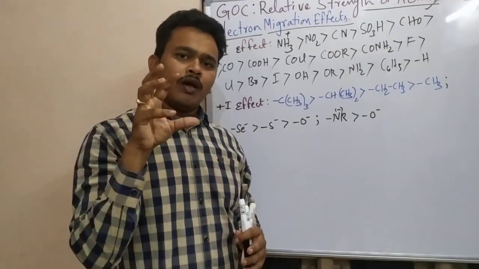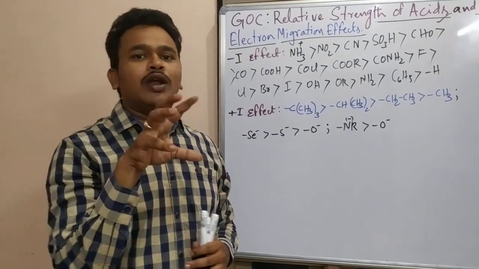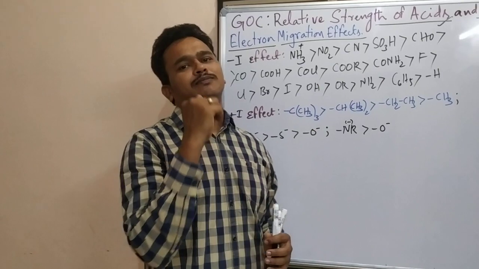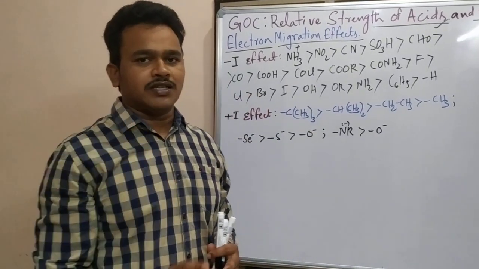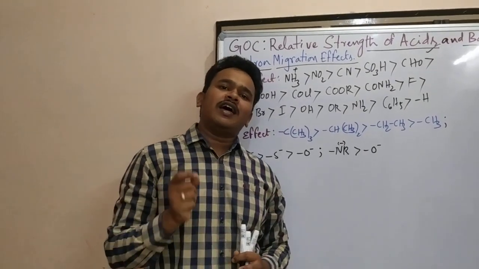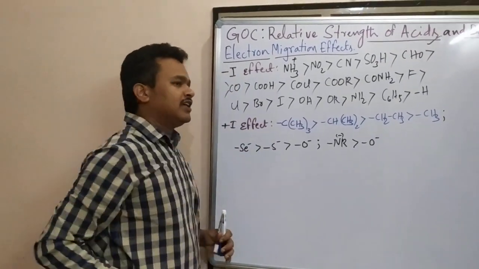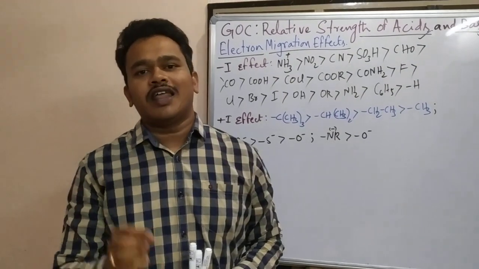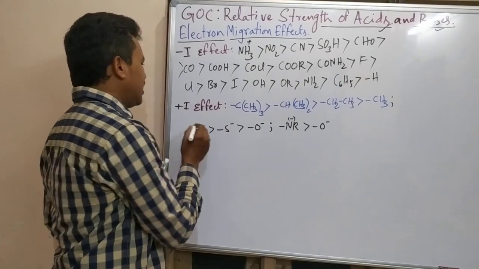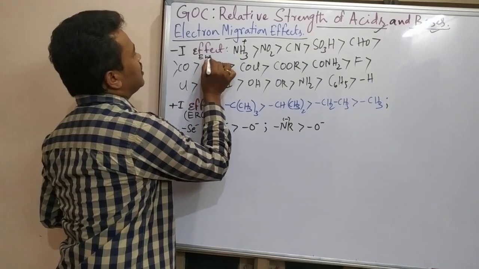And which groups are responsible for this inductive effect? Some groups are plus I, some groups are minus I. Plus I group means it will donate electrons, it can release electrons. These are electron releasing groups. How can we say which is plus I effect and which is minus I effect? With the reference of hydrogen. The groups having more electronegativity than hydrogen can withdraw electrons more. They are all studied under minus I effect. The groups having less electronegativity than hydrogen are all studied under plus I effect. Plus I effect is nothing but electron releasing groups. Here these are all electron withdrawing groups.